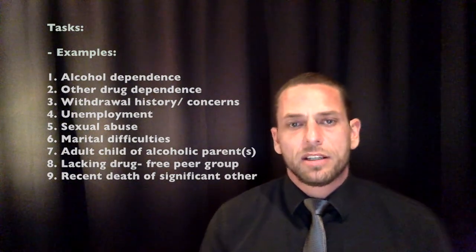Now, ranking it in priority, you could see that the first 3 are obviously the most important, because until they've actually dealt with their dependence as well as their withdrawal and detox, they're not really going to be capable of dealing with any of the other issues. So you're first going to deal with their treatment program, working on those areas, and then at a later stage you can start to explore things like vocation or unemployment and marital difficulties or family counseling and so on.